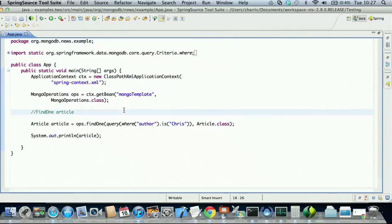Here I'm going to get the template as I did before. I'm going to say article.findOne. Here's a query where the author is Chris. Basically, find me one document where the author is Chris, and return me a type of article. What's going to happen here is Spring Data MongoDB is going to map that document that's in my MongoDB, the JSON document, and remap it back to my article class and return it back